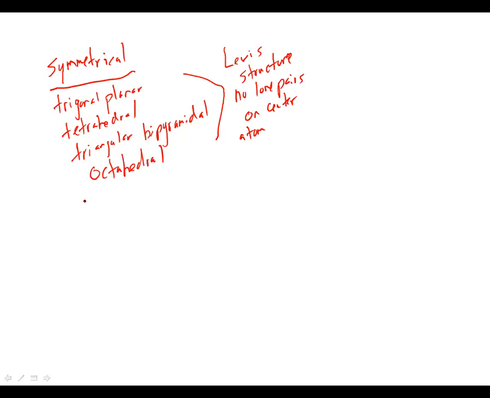And if you have this situation and everything attached is the same, it typically will be a non-polar molecule. So these are what are sometimes referred to as those symmetrical geometries, that if you have all those attached, it essentially will be non-polar. So for example, if we look at